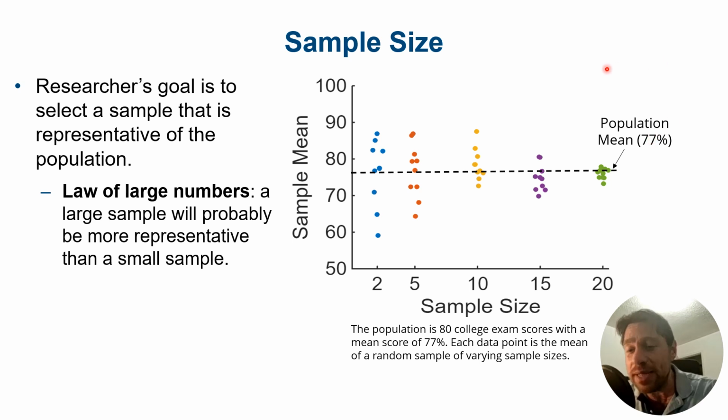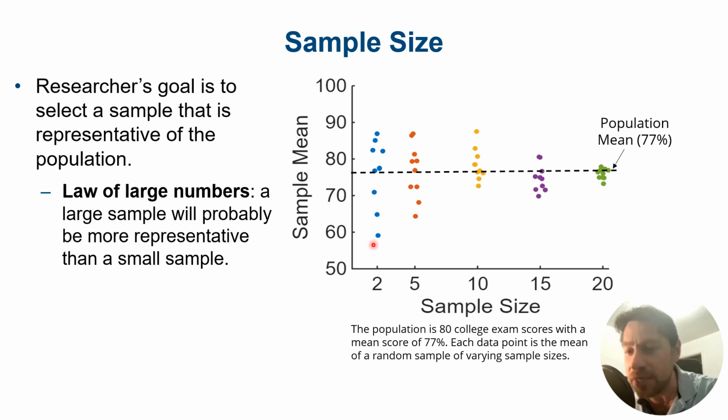Now what I did was I took random samples of different sizes from this group of 80 students, and for each sample I computed the average exam score in that sample. And I varied the sample size from 2 to 5 all the way up to 20. Okay, so looking at a very small sample size of 2 students, that's tiny. Again, each data point represents the average exam score in a sample of 2 students drawn at random from the population. And what you'll notice is that some samples come close to the population mean, but they're sort of all over the place. Okay? Some samples greatly overestimate the actual exam score, and some samples greatly underestimate